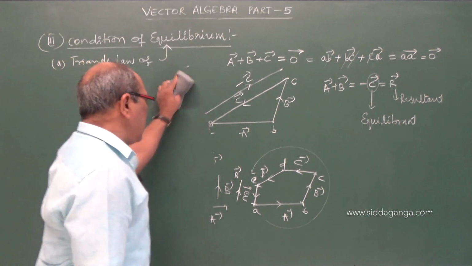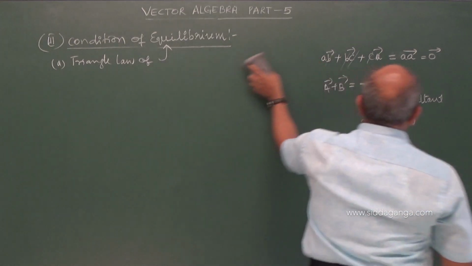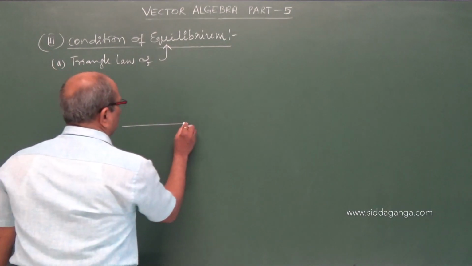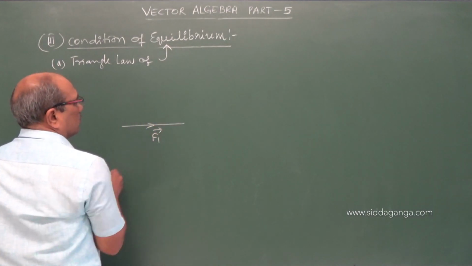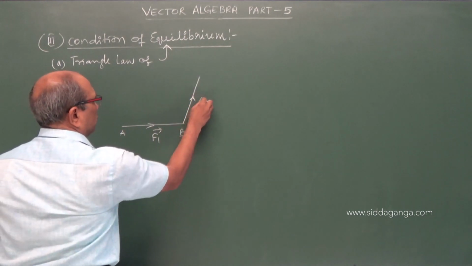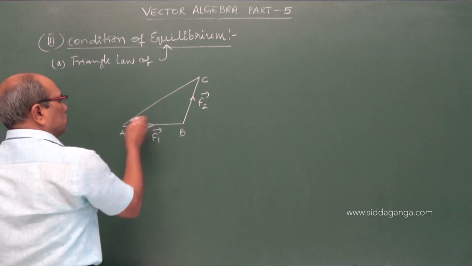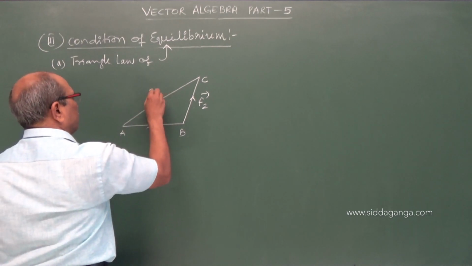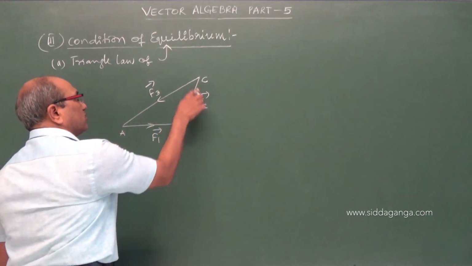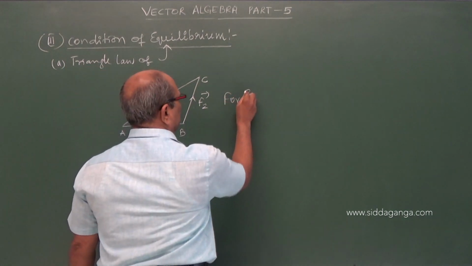And even with the help of force in the physics part, not from pure mathematics, let us think the force F1 is acting from A to B, the force F2 from B to C, and C to A is F3, acting on a body. Now they are all in one order, keeping the body in equilibrium.